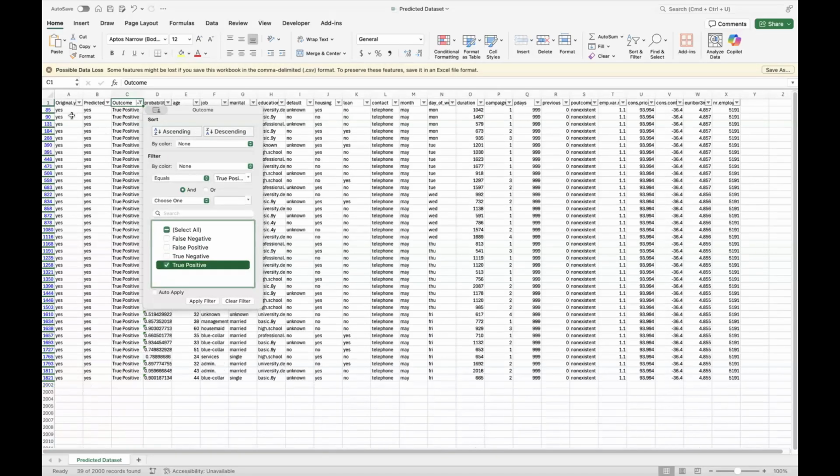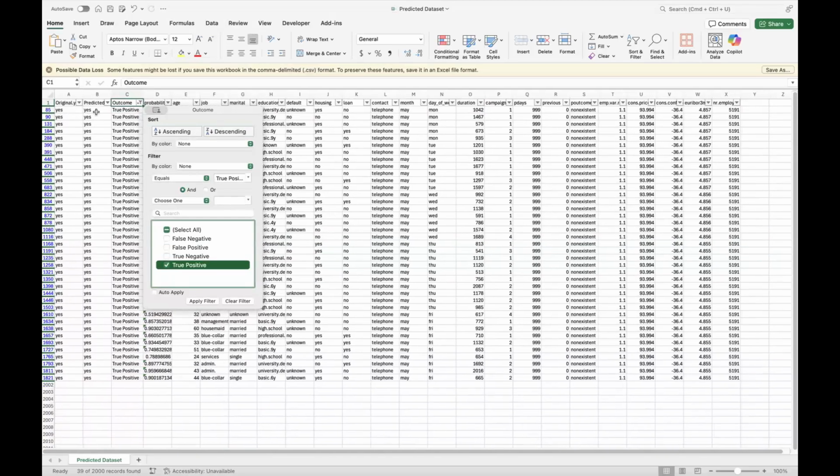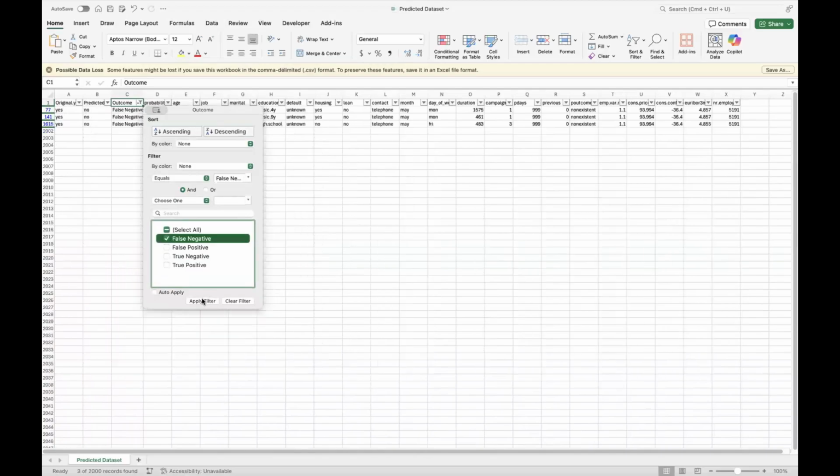So true positive would be when the original value is yes, and the predicted value is also yes, then that's true positive. And now the false negative. The false negative would be when the original value is yes and the predicted is no, that becomes a false